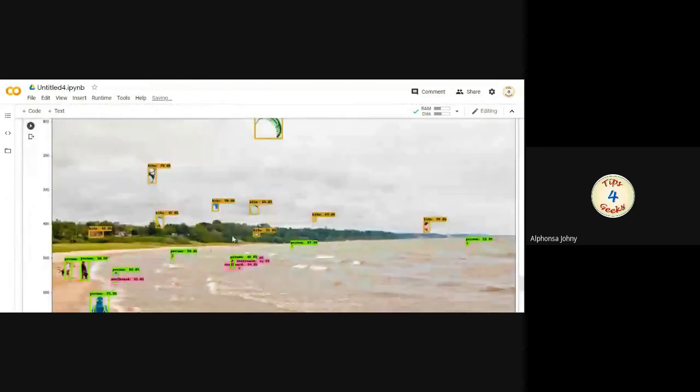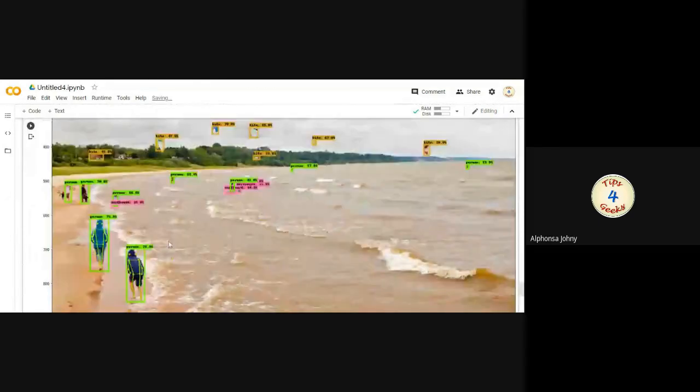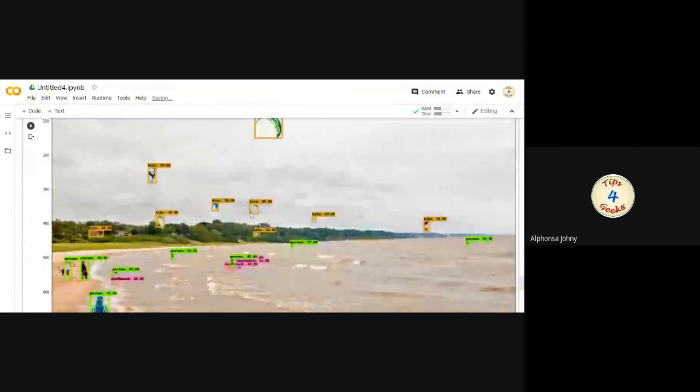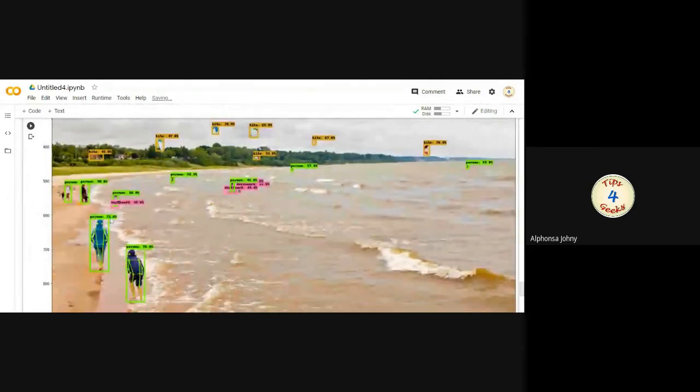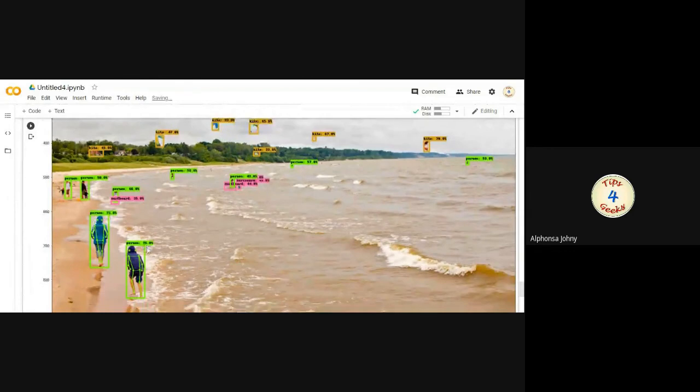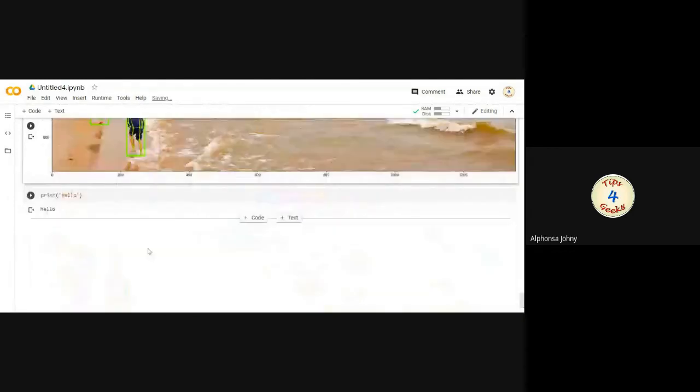The different objects in the loaded image are identified. That is kite 65.0, a probability or surety that it's a kite. Then human beings are displayed with the label person, identified with the probability 76.0. So this is the final output.